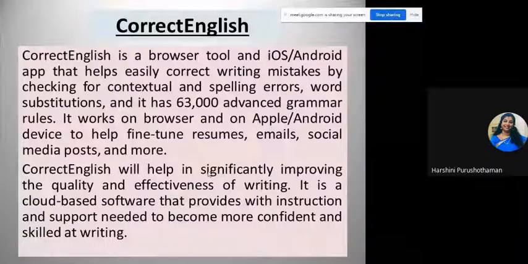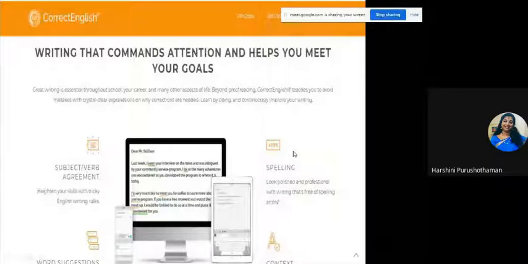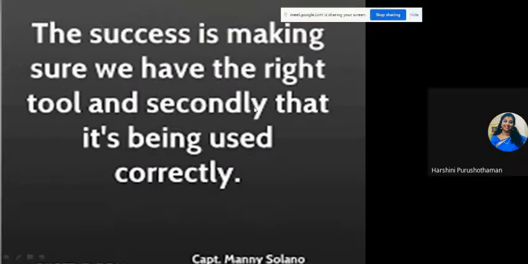So this is how Correct English works. And this is how the app looks. You can see writing that commands attention and helps you meet your goals. You can go inside and see how it works. You will definitely have the option of uploading your document, and it will point out the errors which you can correct. Now that we have come to the end of the online tools,